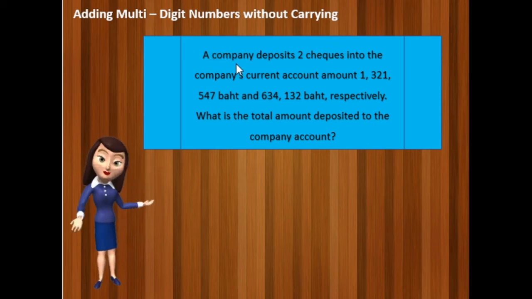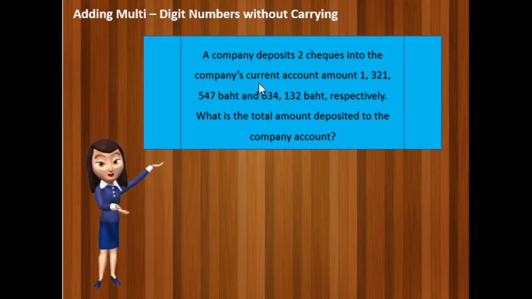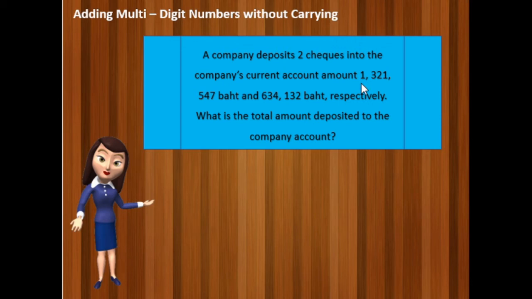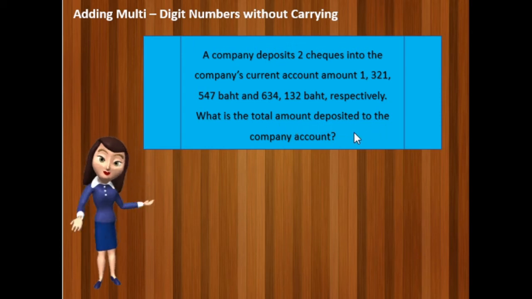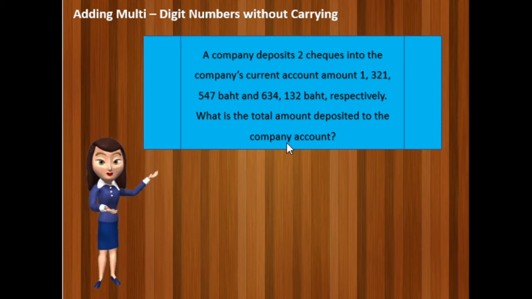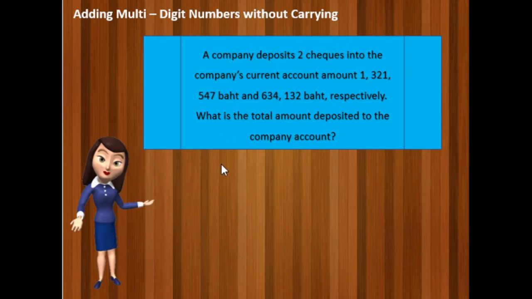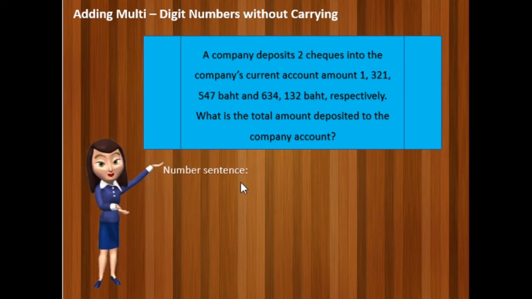A company deposits 2 checks into the company's current account, in the amounts of 1,321,547 baht and 634,132 baht. What is the total amount deposited to the company account, or how much money does the company have all in all? In this word problem, we need to have the number sentence, and that's